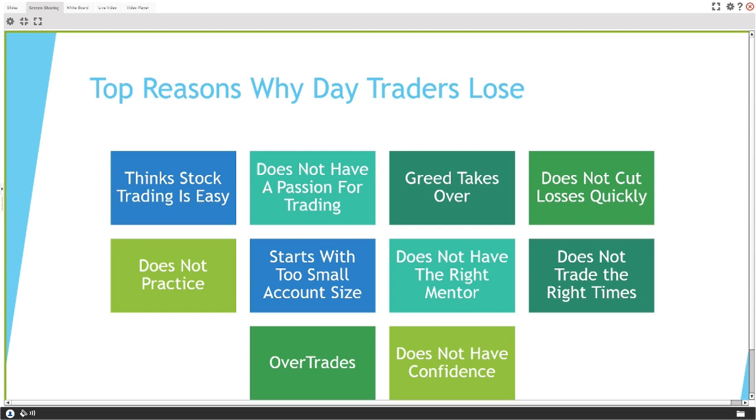And the last one is you have to have confidence. Anything you guys do, you have to have confidence. If your confidence is through the roof and you're feeling good, you're going to be trading good. And there's a difference between confidence and being cocky. Confidence is, all right, I know I can do this. I've worked hard. I've studied. I know this setup. I know these patterns. I got this. That's confidence.